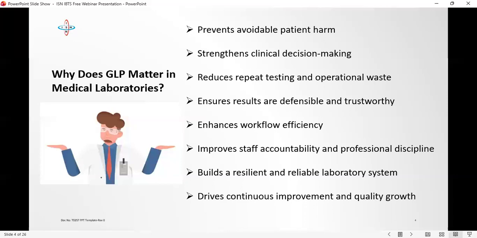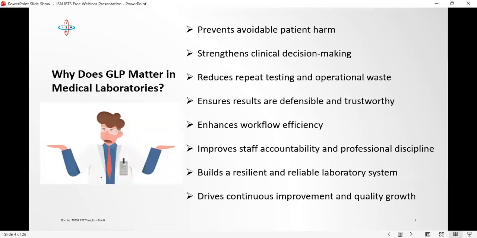What do you think? Upon investigation, it was discovered that the blood sample had been drawn from a line that was actively receiving intravenous fluids. The person that went to collect that sample was an IT student in the laboratory, and the IT student had not been properly trained. When she went to collect the blood sample, she mistakenly collected it from a line that was receiving intravenous fluids. So what happened? The sample was diluted.